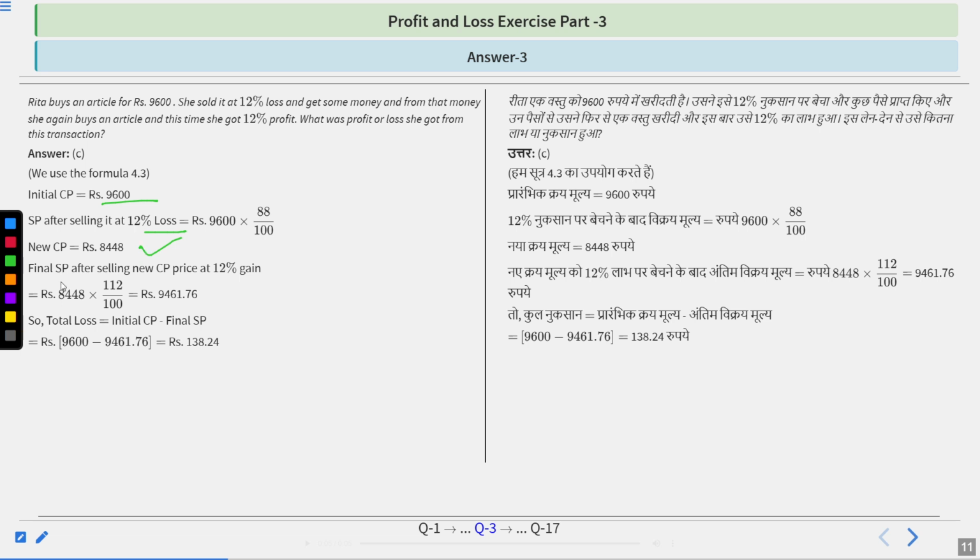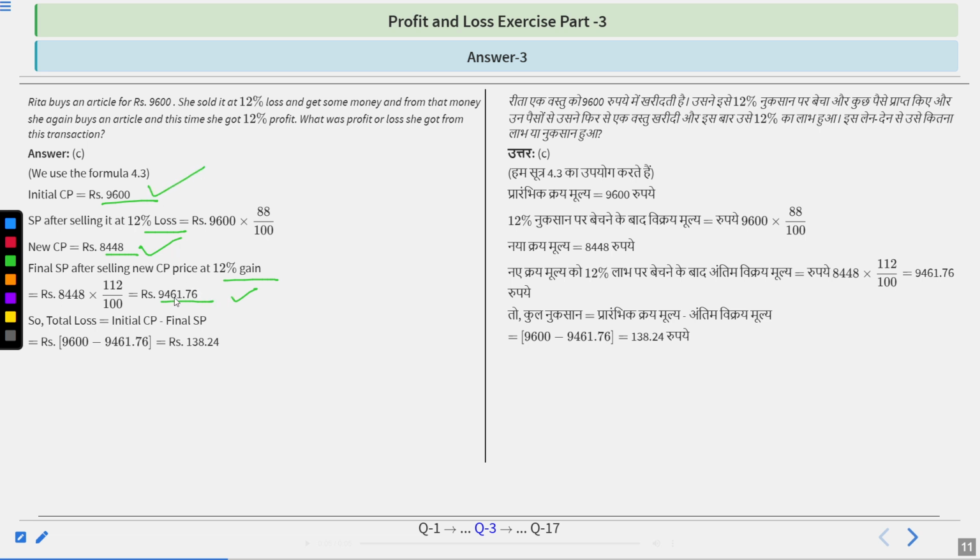Clear? Now the final SP after selling at the new CP price at 12% gain. So our new CP is 8,448 and he gained 12% profit on the new CP. So we can calculate it: 8,448 multiplied by 112 upon 100. When we solve it, we get 9,461.76 rupees. Clear? So we can easily analyze that we are facing a loss because the initial CP was 9,600 and the new